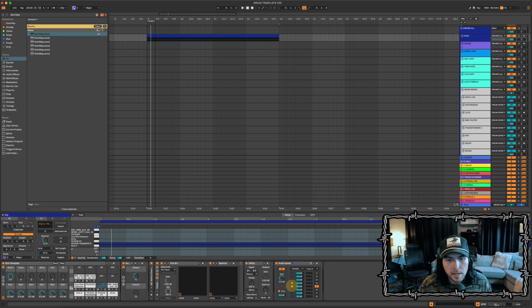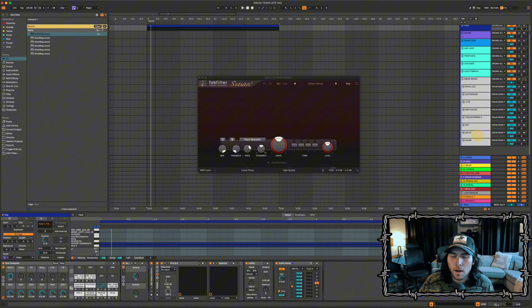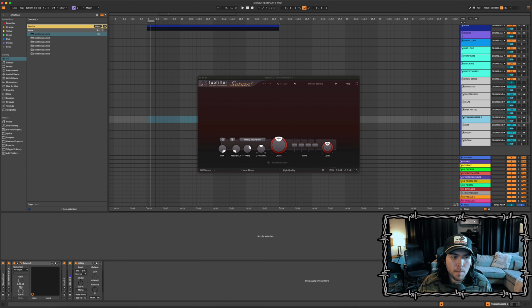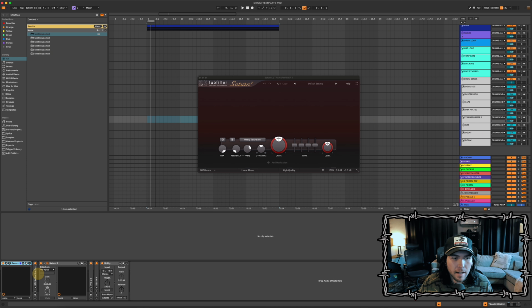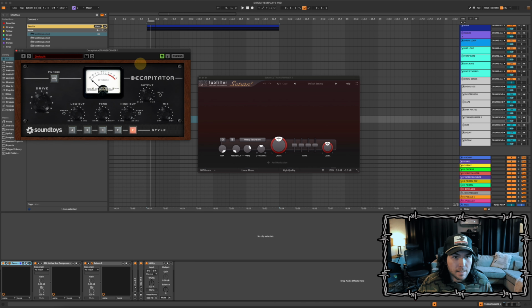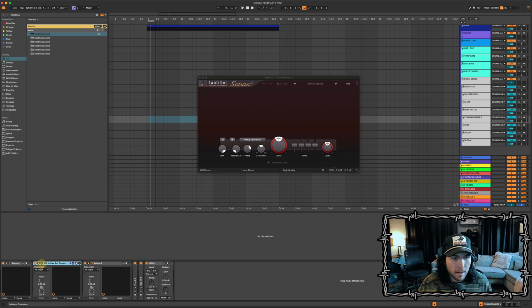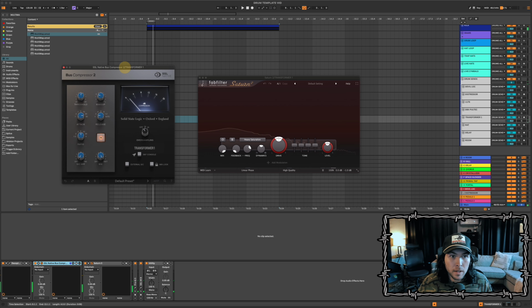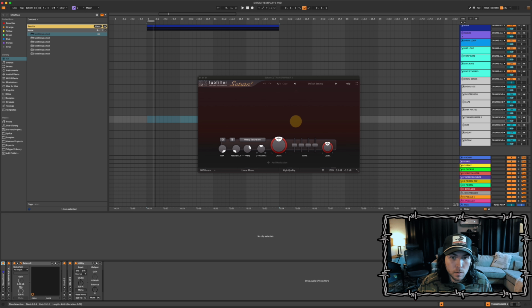Oh, this is a crazy one. This one's called Transformer 1, courtesy of Jason Joshua. I only have the button opening up the one plugin. This is the only one I would really change. And I've kind of modified this a little bit from exactly how he had it, but a Decapitator, these exact settings. So we're distorting, and then we've got an SSL bus compressor doing exactly 8 dB of gain reduction per Jason Joshua's instructions. And then we've got the Saturn, which is the only thing I would ever change while I'm messing around,